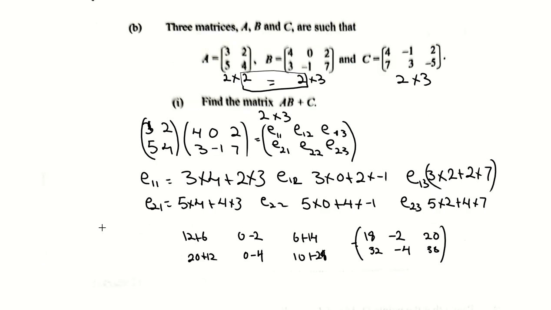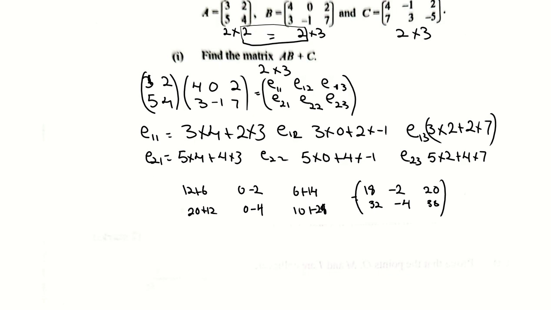Right, let's do the last part, which is the addition part. So when we are adding, let's just go down. They do have the same order, so we can add them, right? One of the rules of thumb for addition of matrices is they must be of the same order. So AB, which is 18, negative 2, 20, 32, negative 4, 38,